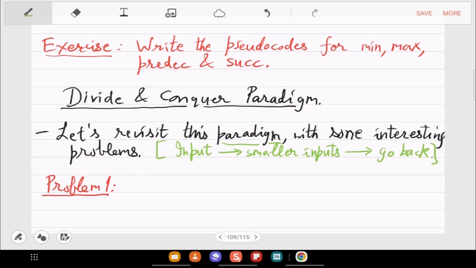The first 2 operations come in the divide part, and then you have to merge, so that is the conquer part. This will be the format of your proofs also. When you give the pseudocode, you have to give the divide part and the conquer part.